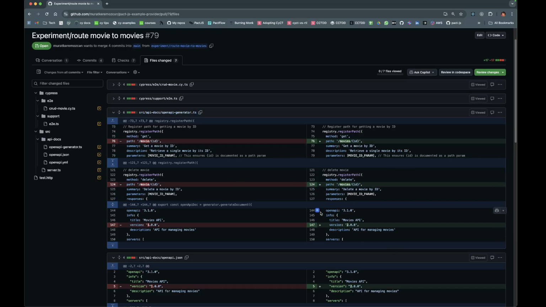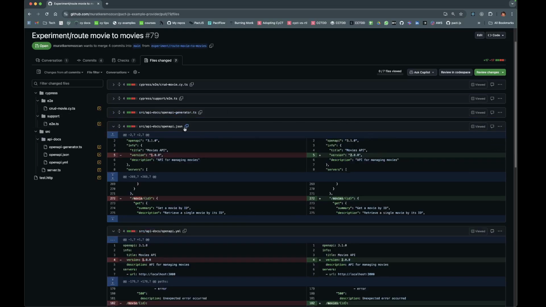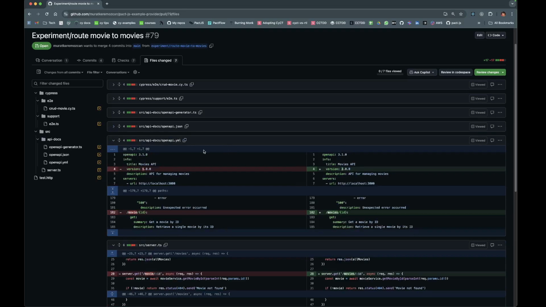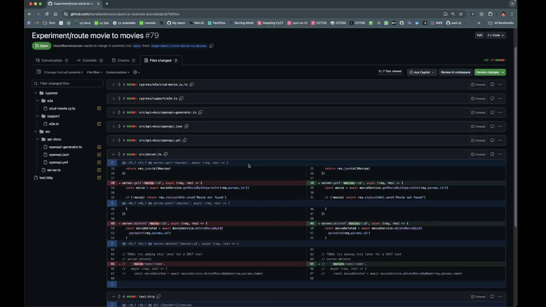And then we updated the version. So Optic is also working, and the OpenAPI JSON file got automatically updated in CI. We can also update it locally, but it always gets updated if there's a change in the file. YAML, same thing for the YAML version of that. We updated the route, right?